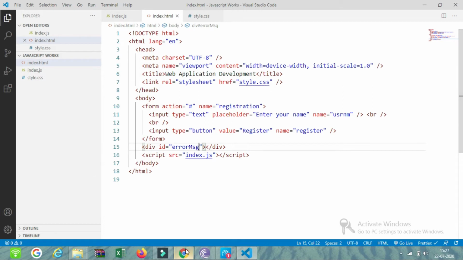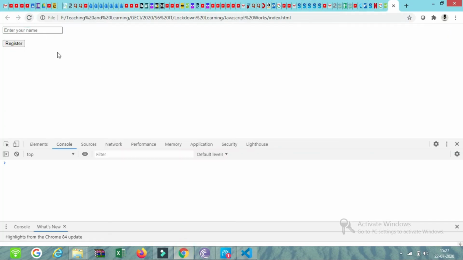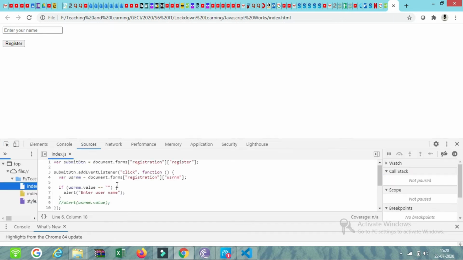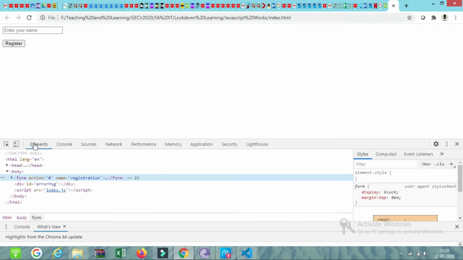I will save it and refresh this page. Now you can't see a division here because that division is empty. But you can also observe this element in the source code. Let me check elements.